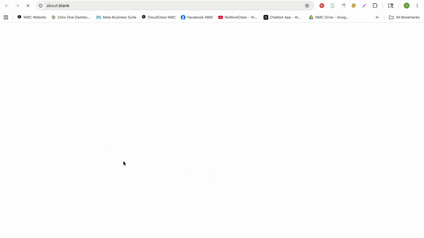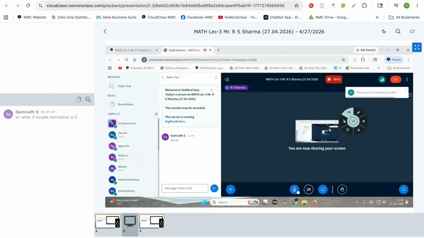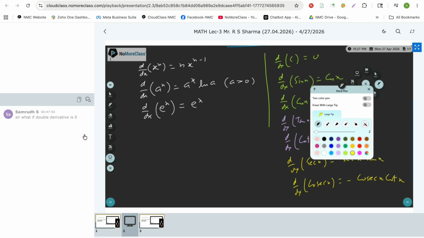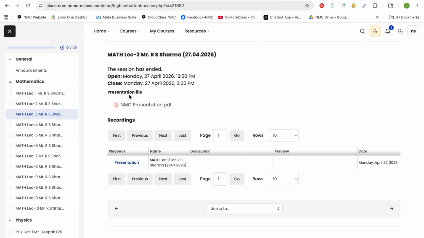Once you click on this, a separate window will open where the recording will be. So you'll be able to see all the recordings. You can fast forward it as well if you want. Generally, we suggest that students who are watching it multiple times fast forward it, so they can watch the recording and complete their notes. Once they are done, they can go back